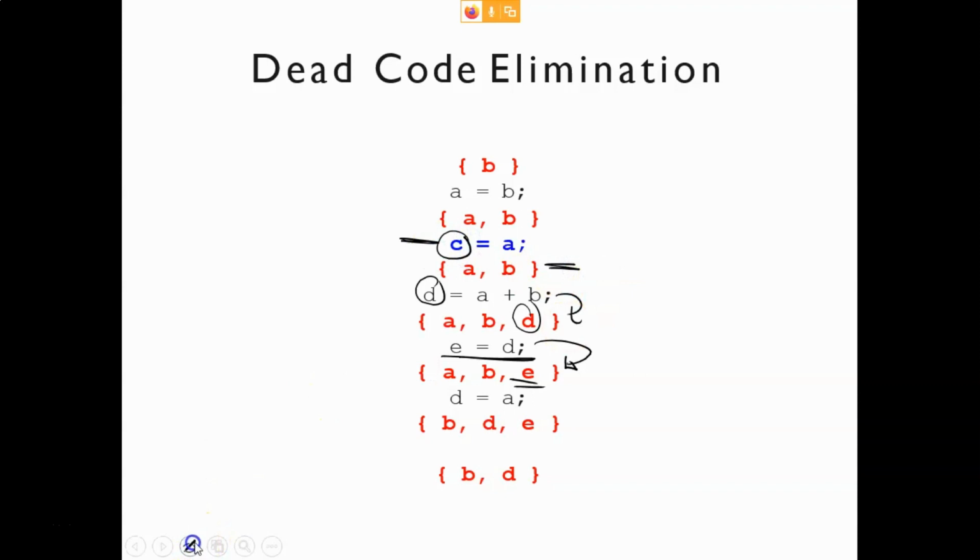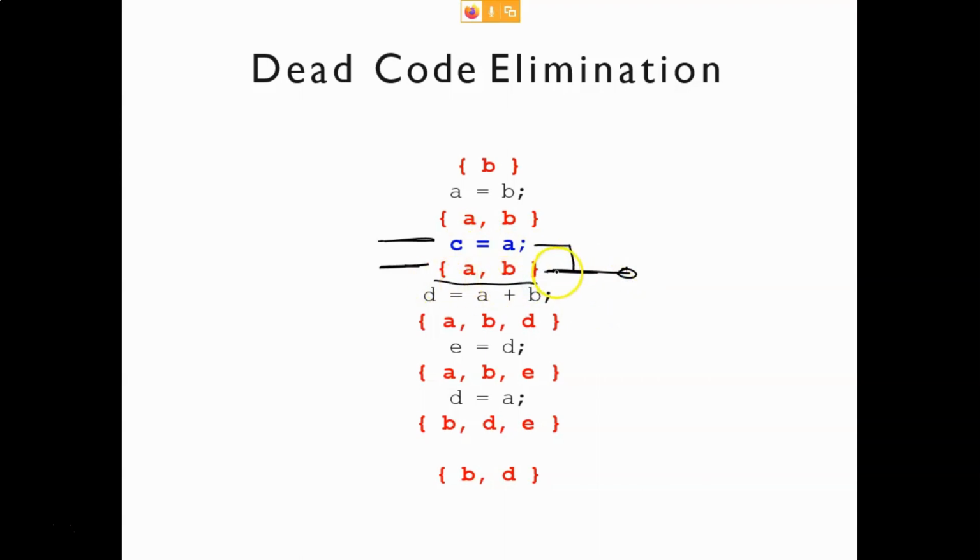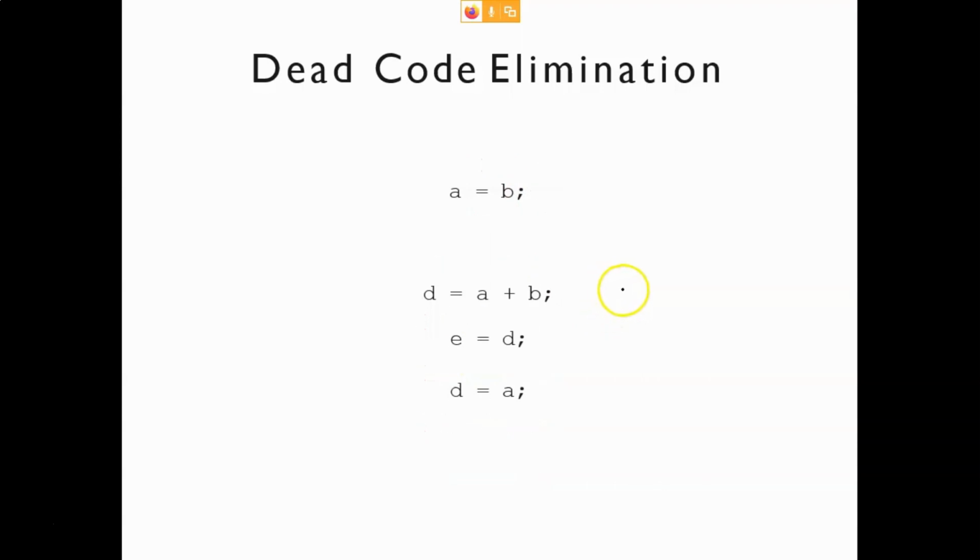You can see one more thing. Once we have already done this liveness analysis, all you need to do is just see this and this. These two things you need to see. This is saying that at this point, a comma b are live. So this c is not live. So this c is dead, and you are assigning into a dead variable. So that's why this also you can remove. This is how you can do dead code elimination. You can see here this a and b are live, so nothing to change here because this a is not dead. So this is what you will get.